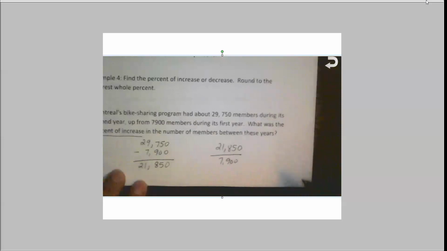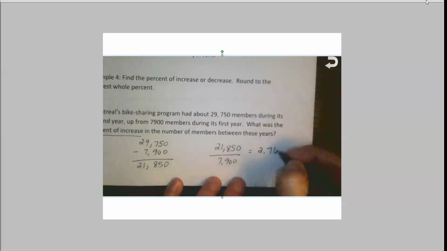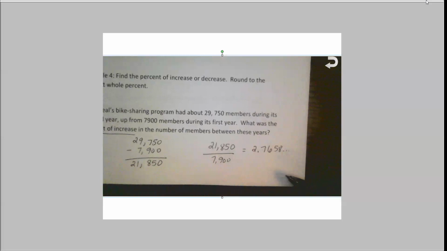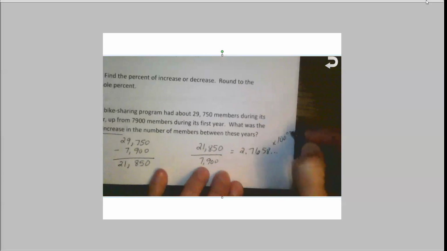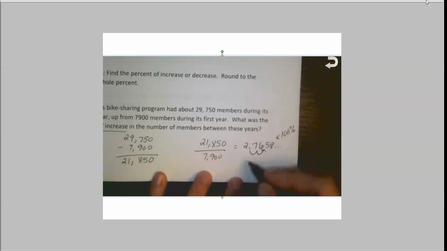Okay, so as I do that division, I'm going to get 2.7658 so-and-so. It just keeps going, actually. You can do that in your calculator. But that is not my answer. I want the percent that it increased. So I've got to multiply that number by 100%. Remember, when we multiply by 100, it shifts my decimal 2 spaces to the right. So that becomes